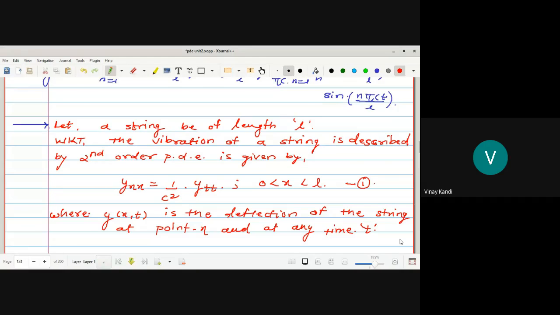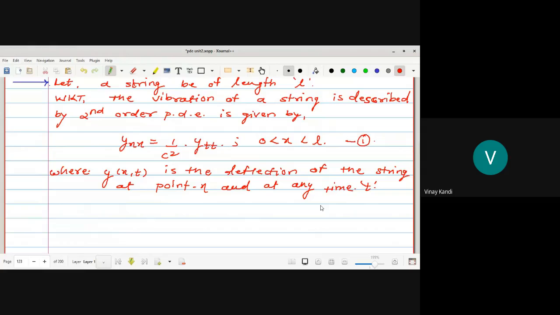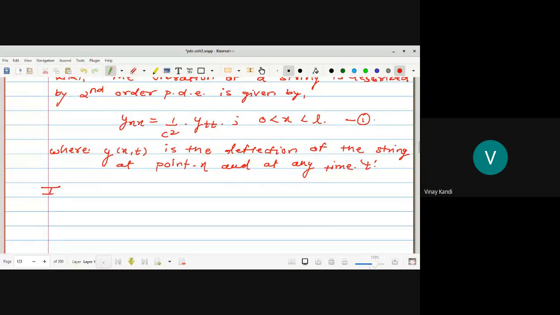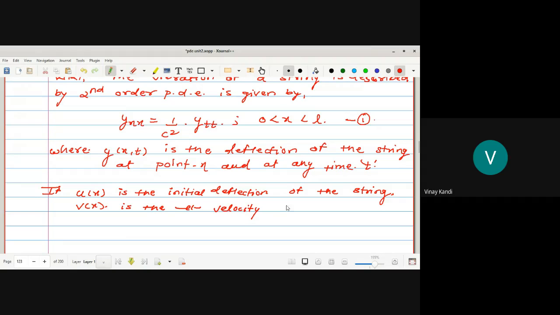If small u of x is the initial deflection of the string, and small v of x is the initial velocity of the string, then